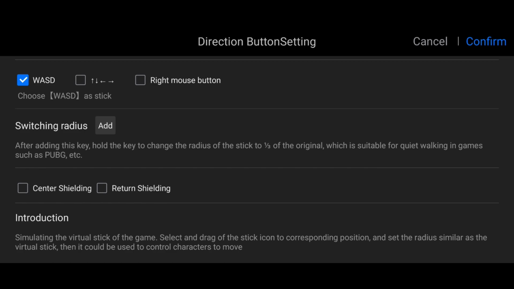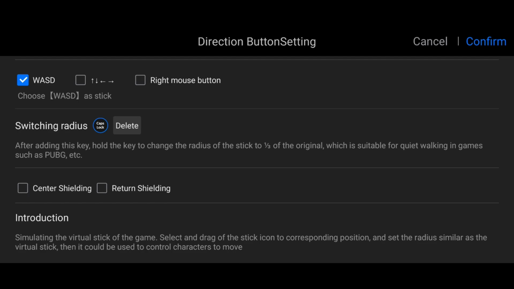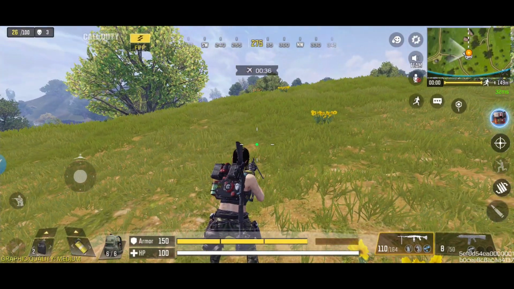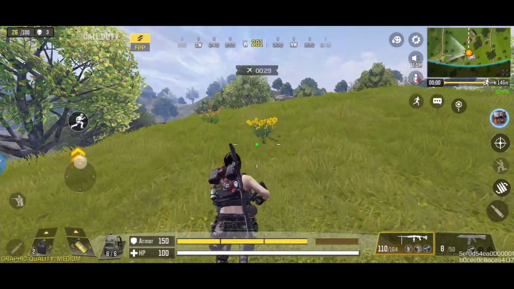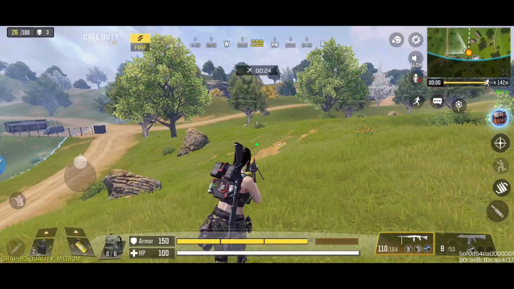So let's add a button for switching radius. For me, my stealth walk or quiet walk will be caps lock. Confirm, save. So when you walk, press and hold the caps lock key in order for you to do stealth walk or